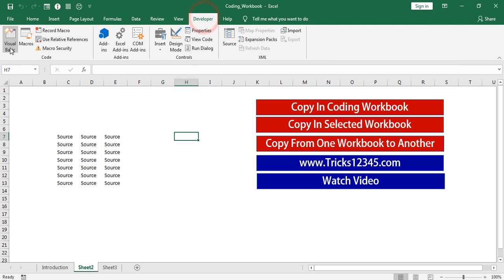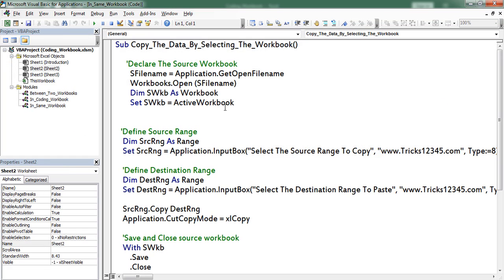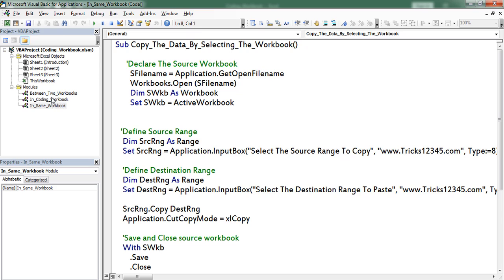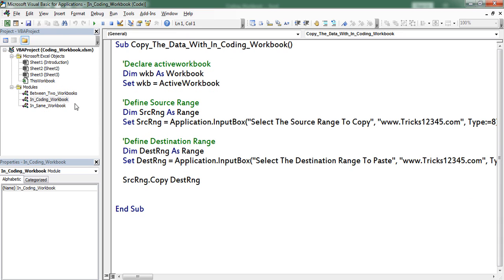Click on Developer tab, click on Visual Basic, double click on Coding Workbook module. This is the complete code. First I declared a variable to define the active workbook, which is coding workbook. Thereafter I declared a variable to define the range, which is named as source range. Set source range is equal to,